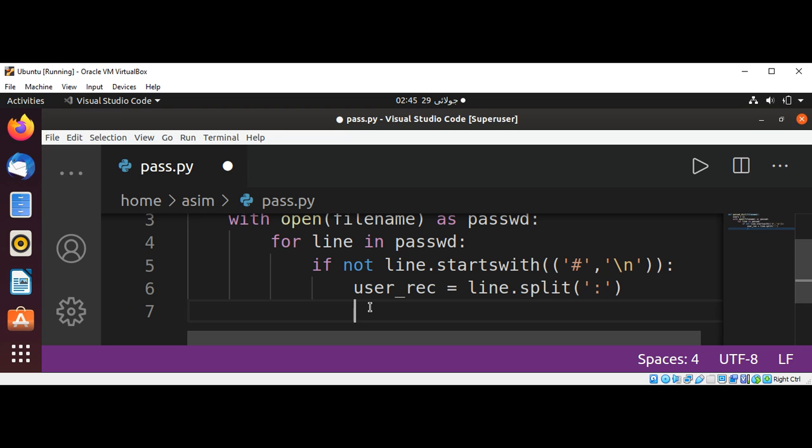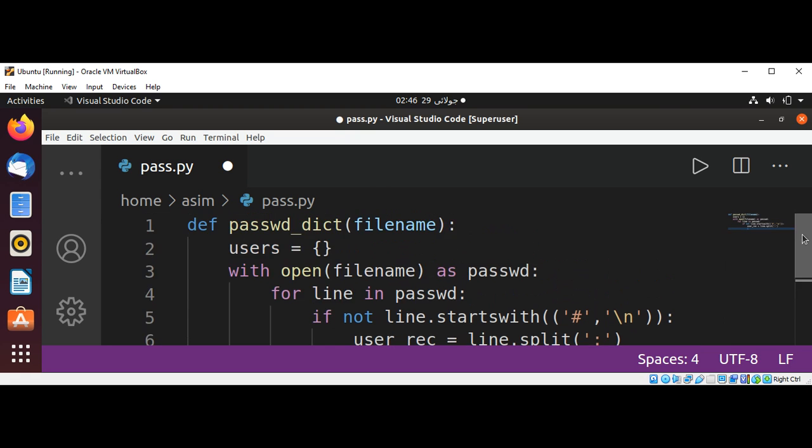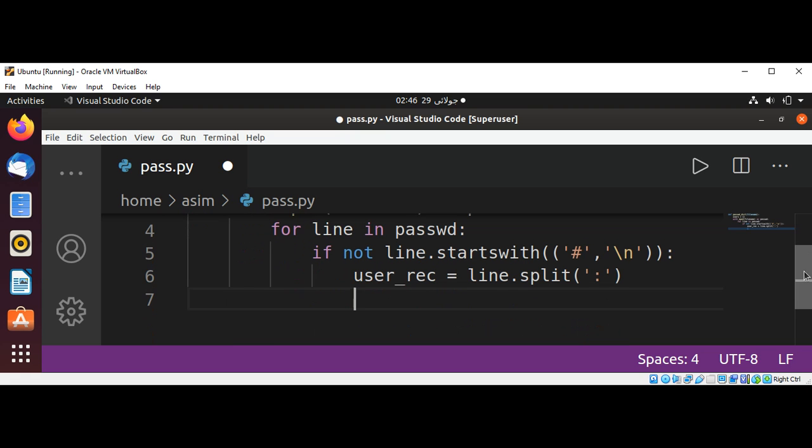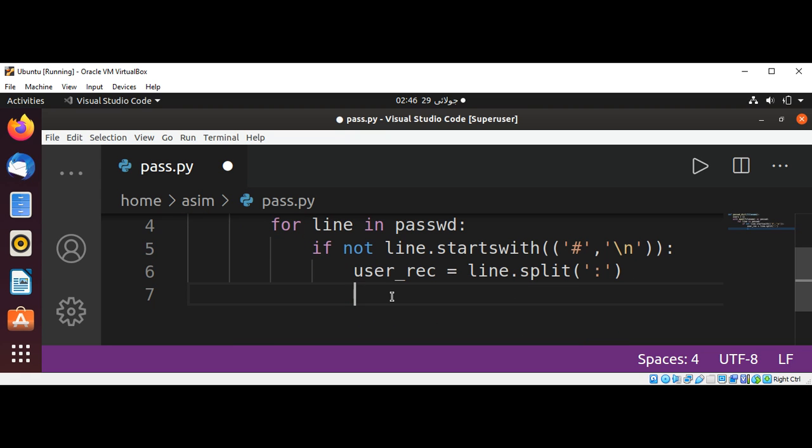And now we are going to create a dictionary's key and value by using this split method. We will get the list of strings, and we are going to add to the dictionary. That will be our dictionary over here. Users, it's gonna be users,